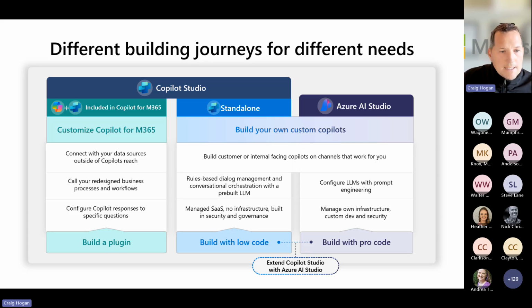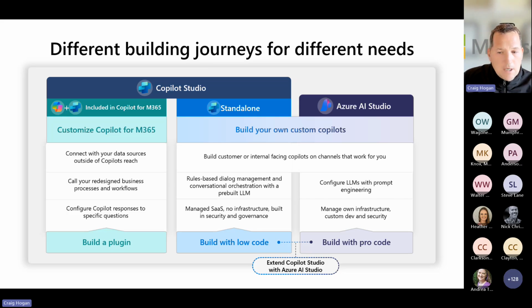As soon as I want to start to extend, I want to have different data sources. I want to extend and maybe build some actions that leverage that. I maybe want to share it with folks that don't have an M365 Copilot license. Now we're getting into Copilot Studio. How do I extend that, and how does that work? Of course, that's a different licensing. Frankly, it's a much more attractive licensing vehicle that we can leverage, and that's our low code capability.